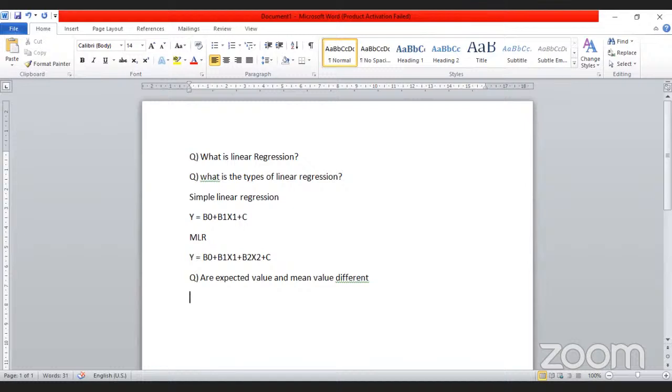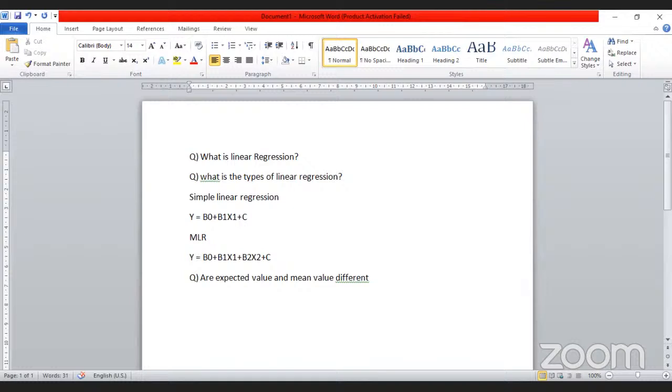Now for sampling data, we can consider two terms. For sampling data, the mean value is only the value that comes from sample data. When we take a sample, we take the mean of that sample. So the mean is only the value that comes from the sampling data. Expected value is the mean of all the means.